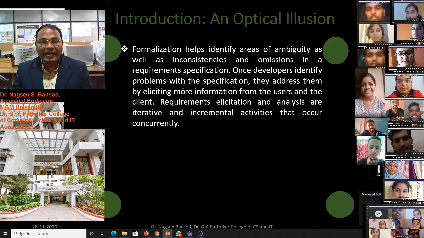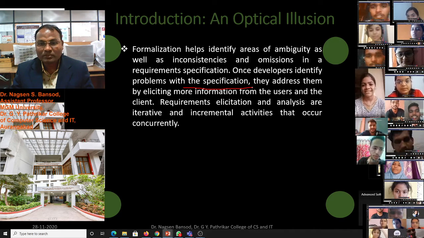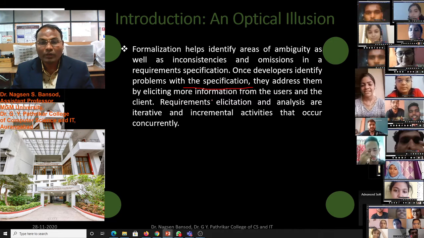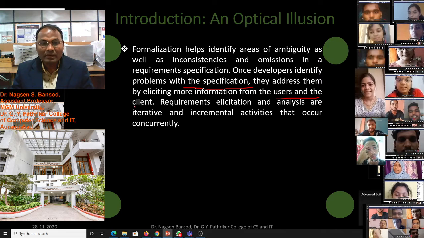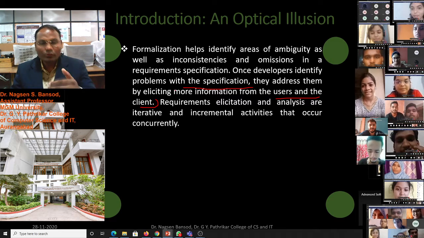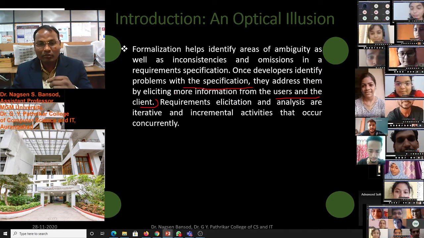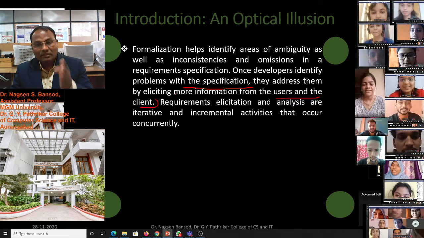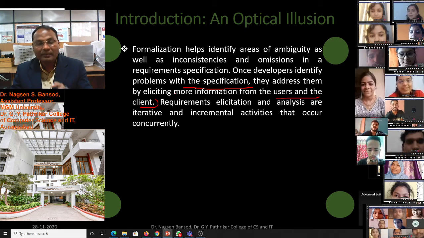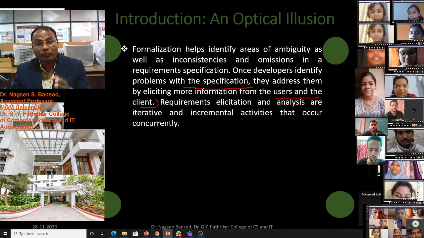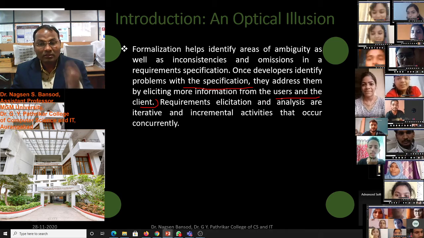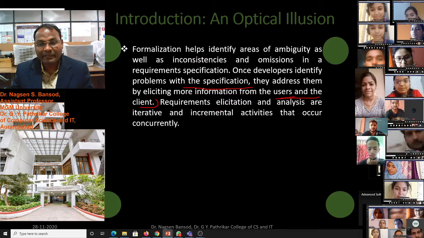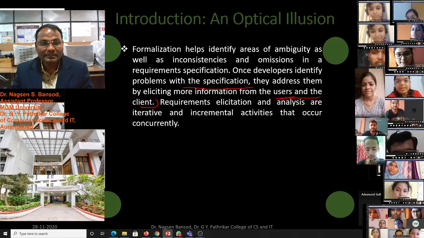Once developers identify the problem with the specification, they address them by eliciting more information from the users and the client. Requirement elicitation and analysis are interactive.